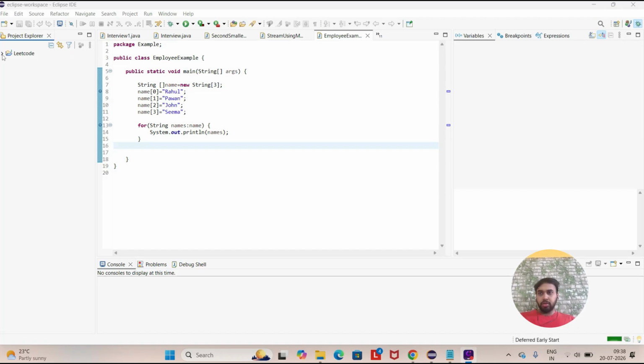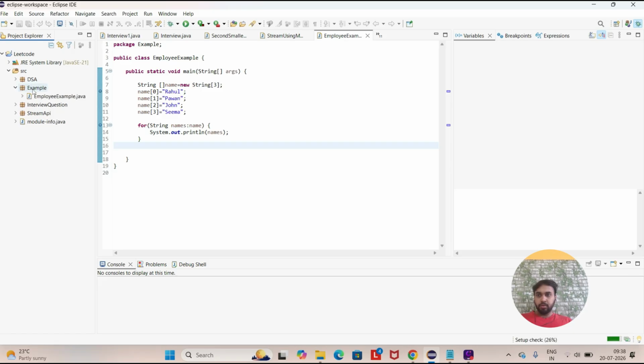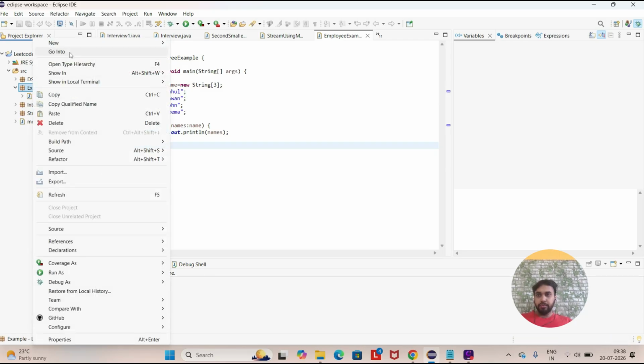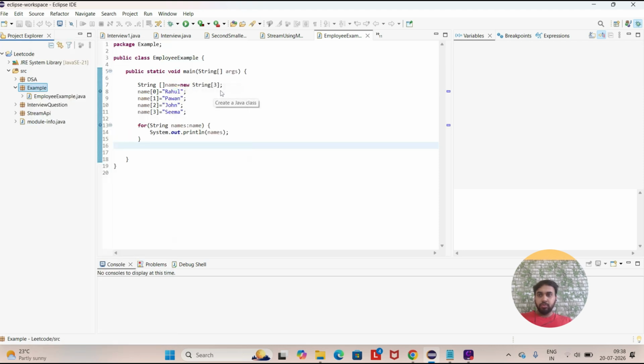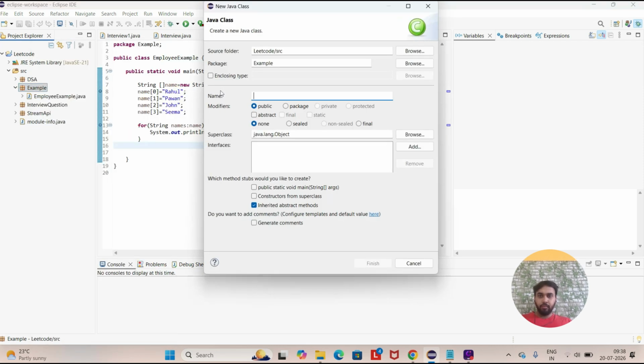Okay, our editor got open. So I'll be creating one new class. Actually, this package naming convention is not correct because I have started with a capital letter, but it should be small. So please ignore that. We'll be creating one class. You can create one class like employee